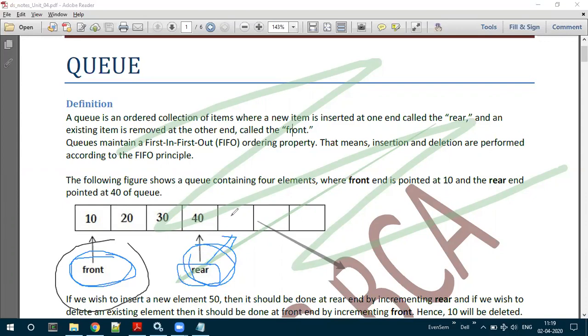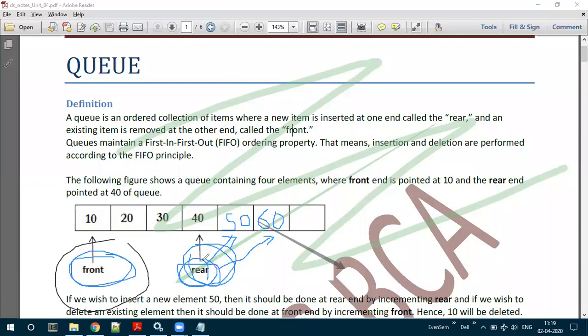Suppose I want to insert a 50: make the rear end point to the next available position and then insert the 50 over there. Next time, if I want to insert one more element, I should increment the rear end to the next position and then insert the next value over there. So insertion is happening at one particular end, which is called the rear end.